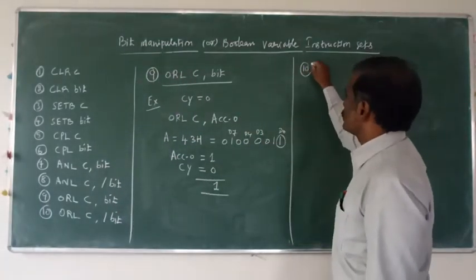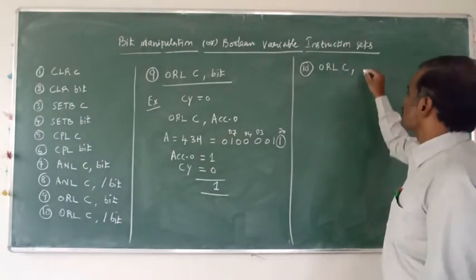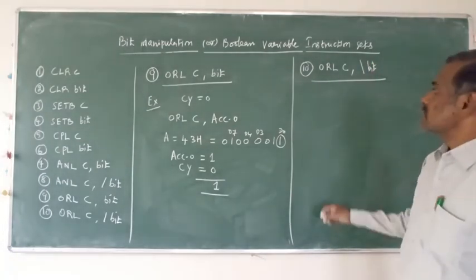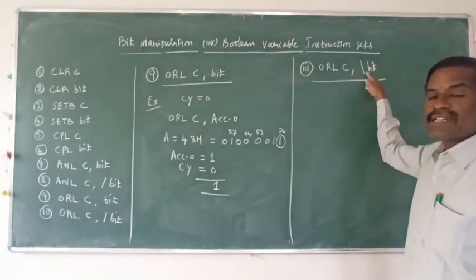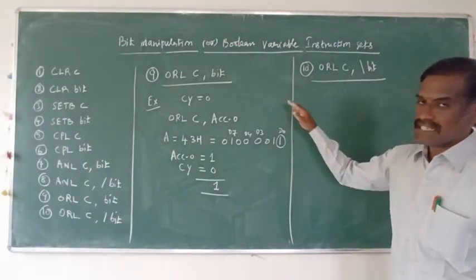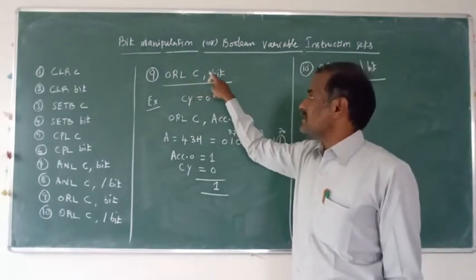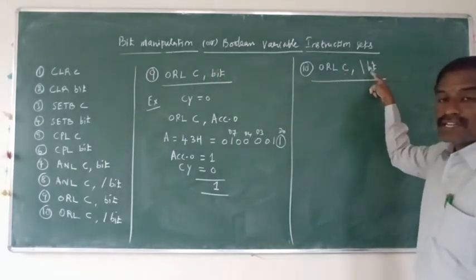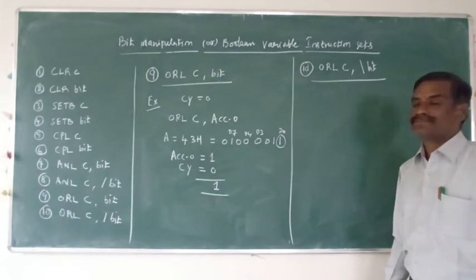Next 10th instruction ORL C comma slash bit. Slash that particular bit. ORL means logically OR carry with the complement of that particular bit. Both are the same instruction. The only difference is, here logically OR carry with that particular bit, and here logically OR carry with the complement of that particular bit. Example,